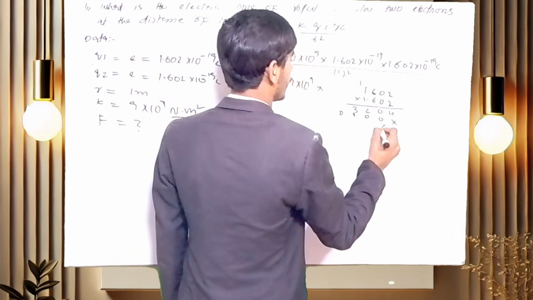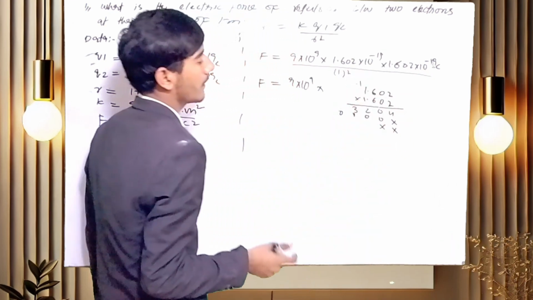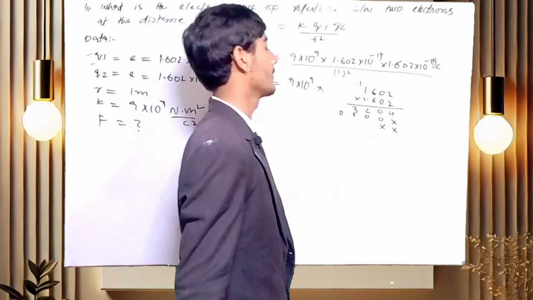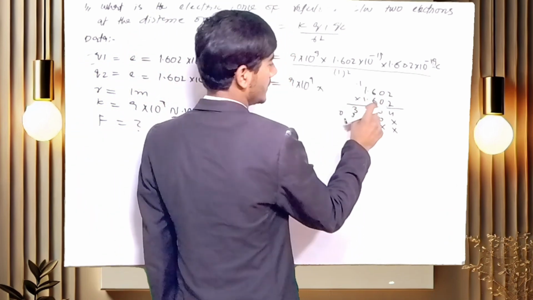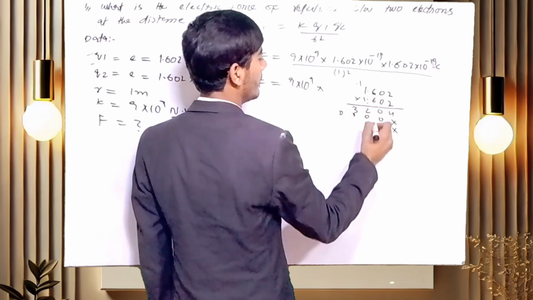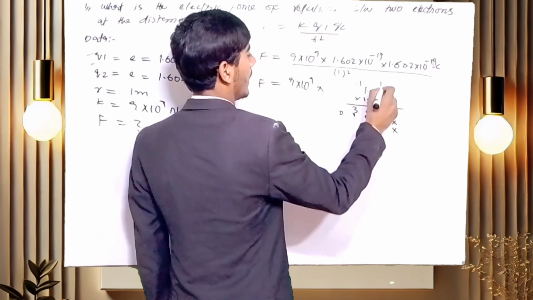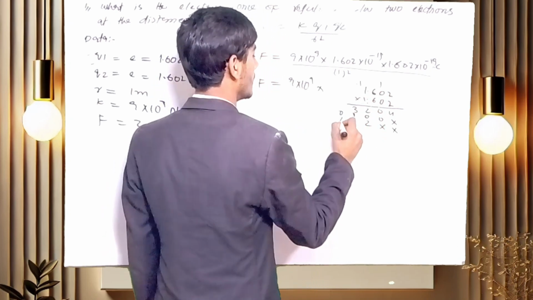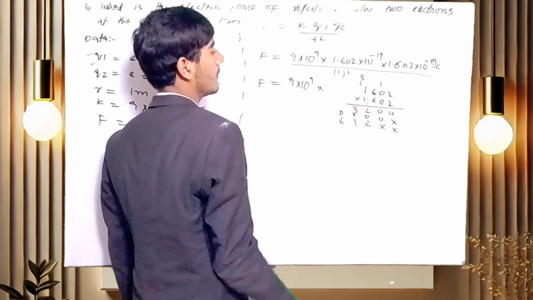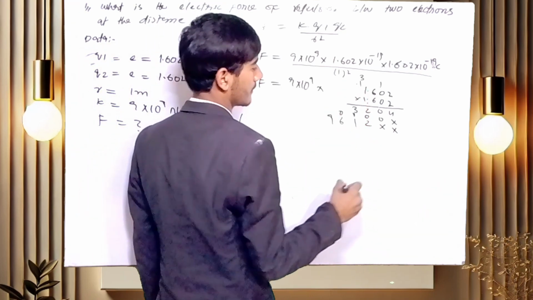And now I will multiply 6 by every digit. 6 is the third digit. 6 multiplied by 2 is 12, and 1 will be the same. 6 multiplied by 6 is 36, 6 here and 3 will be carried upward. 6 multiplied by 1, 6 plus 3 is equal to 9.